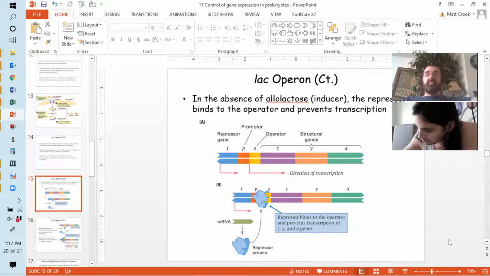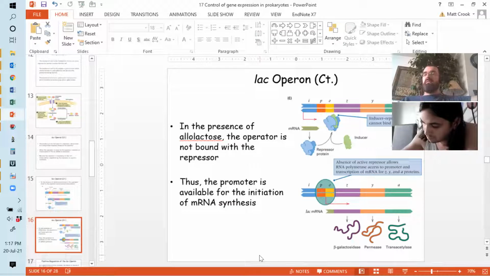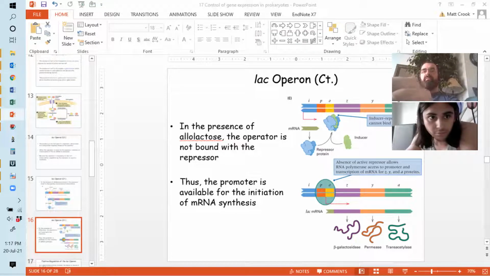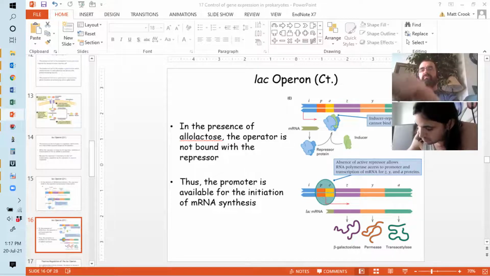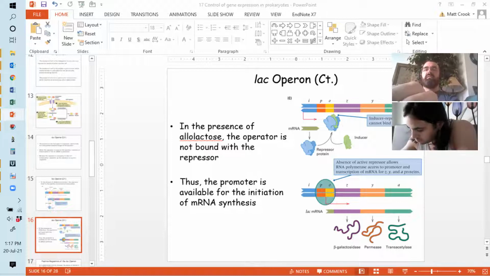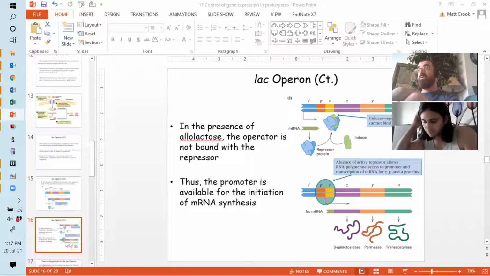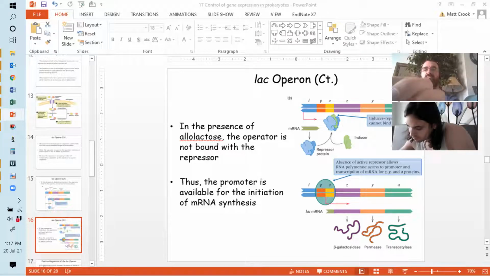So unsurprisingly, guess what the inducer is for the lac operon? It's going to be lactose, right? So if there's some lactose present, now the inducer, lactose itself, binds to the repressor protein, lac I, sorry. And so this is the inducer, hence an inducible transcription setup.